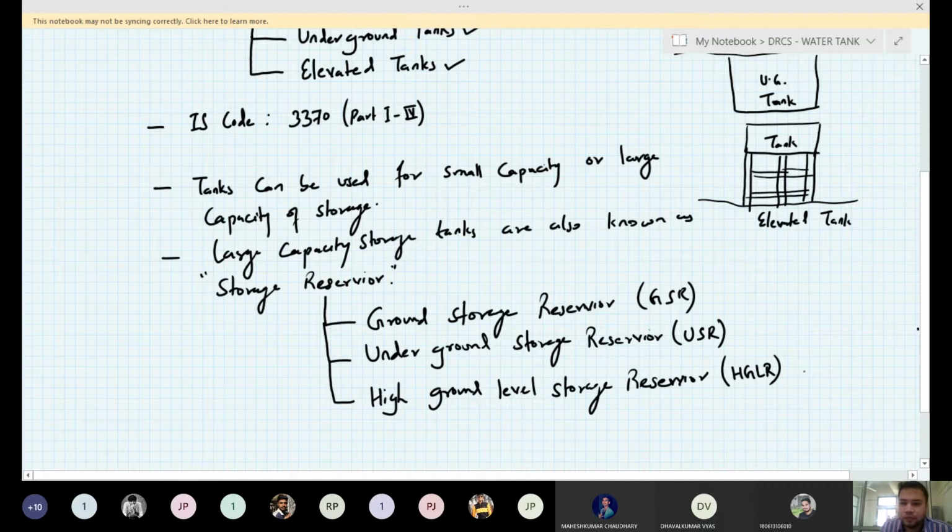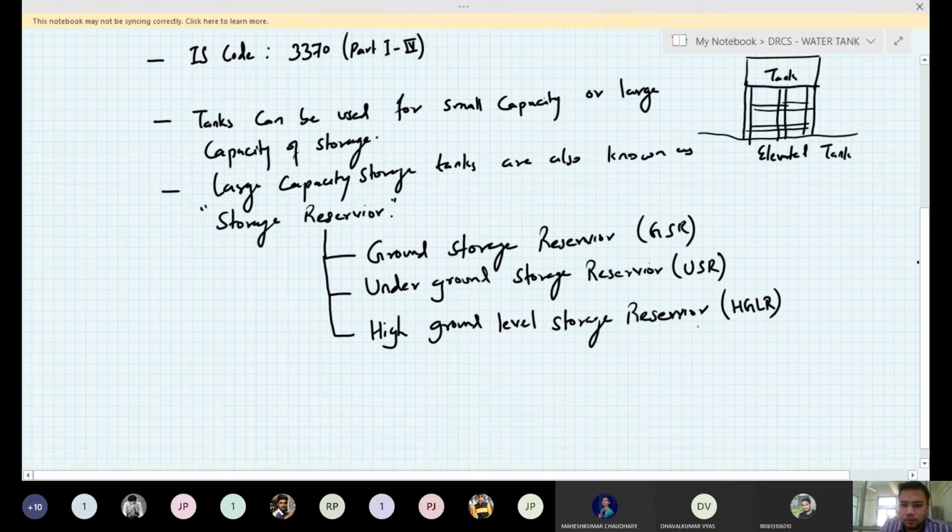The elevated tanks are also sometimes called elevated storage reservoir, ESR. Okay, so large storage capacity tanks resting on ground are called ground storage reservoir. Underground large storage tanks are called USR, and elevated storage tanks are called ESR. Okay,